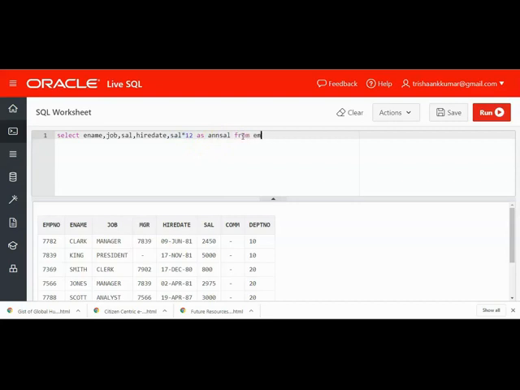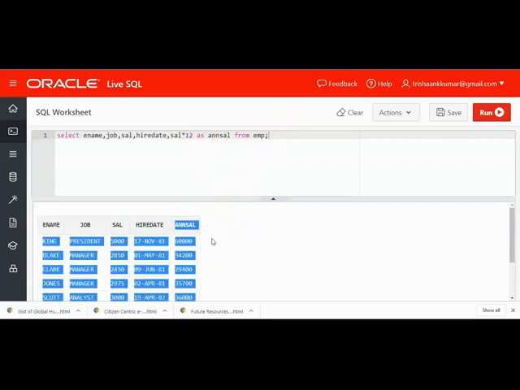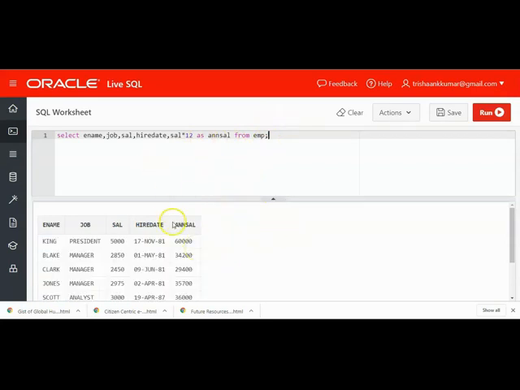So the data generated for this expression would be displayed with the name ANNSAL, from EMP. So 5000 into 12 is 60,000. Each value of the salary column will be multiplied by 12 and displayed with each row. Now we can also perform operations based on this annual salary column. Actually this annual salary column is not stored physically in the table. It's a display column, but based on this column also we are able to sort data. Order by annsal desc, in a sense descending order. Now we have sorted the data based on annual salary, a column generated from an expression. Like this you can generate any expression and sort the data.